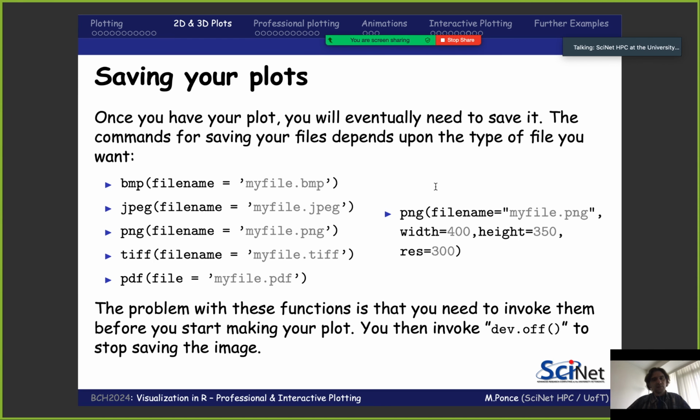The reason is that when you do that, you are capturing bits, and the way to represent bits is not always the best way to represent plots. What you want, especially for your publications, is a format that is vectorizable. We are looking at basically two types of file formats there, PDF and EPS, or PS for PostScript if you wish. This means that you can scale your plots.